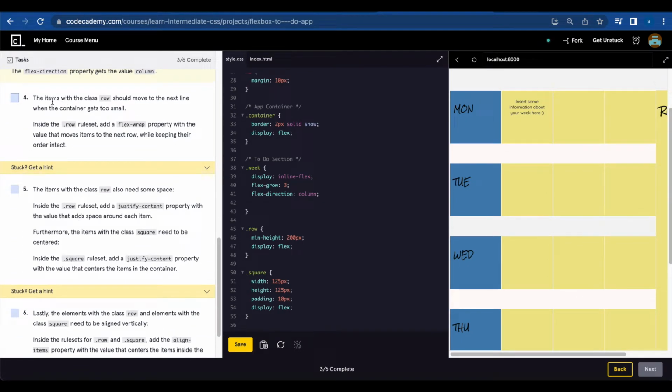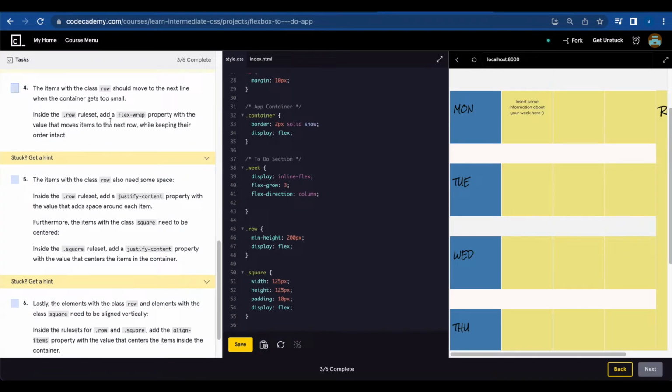Number 4, the items with the class row should move to the next line when the container gets too small. Inside .row rule set, add a flex wrap property with the value that moves items to the next row while keeping their order intact. .row flex wrap